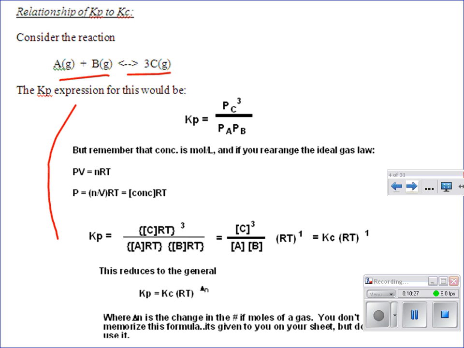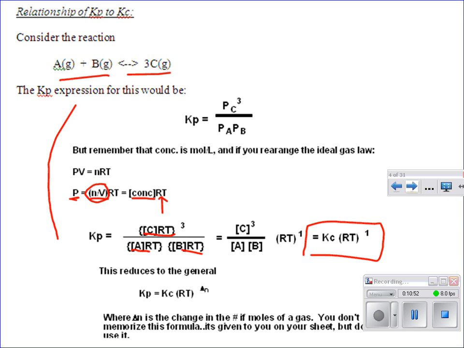We already went through it before, but this shows you again that if you had PV = nRT, we get concentration there, that the proportionality between the two is RT. And so if you take all those concentrations in a normal expression and replace them with what pressure is equal to,